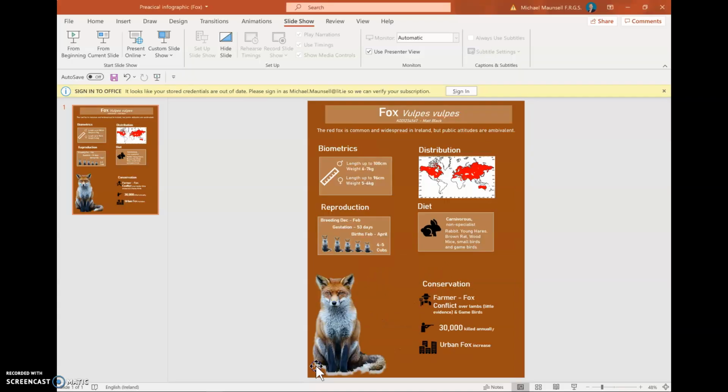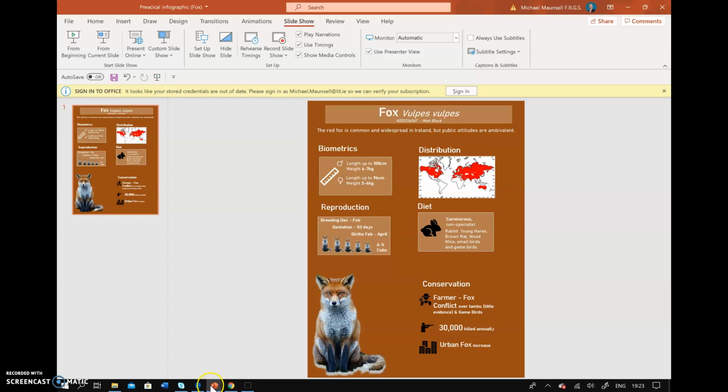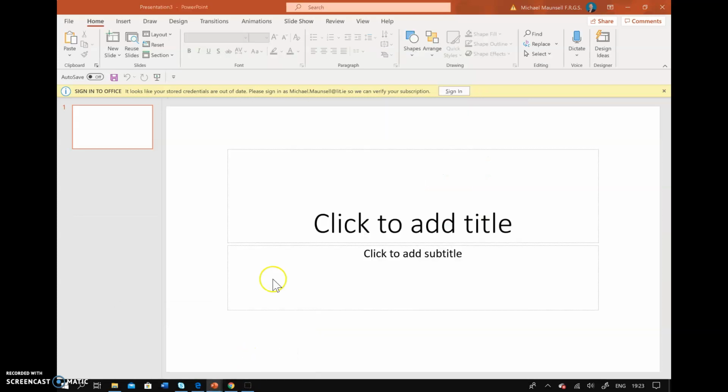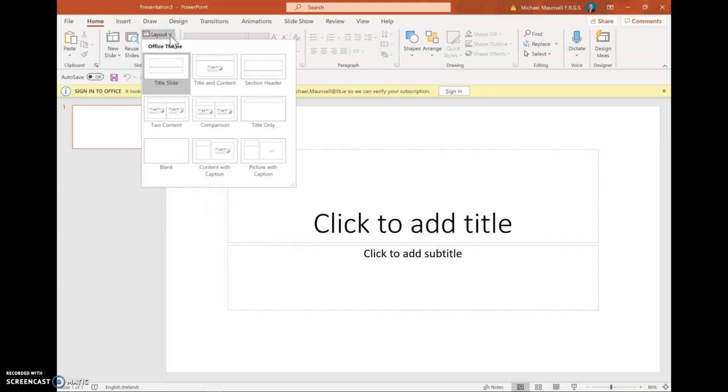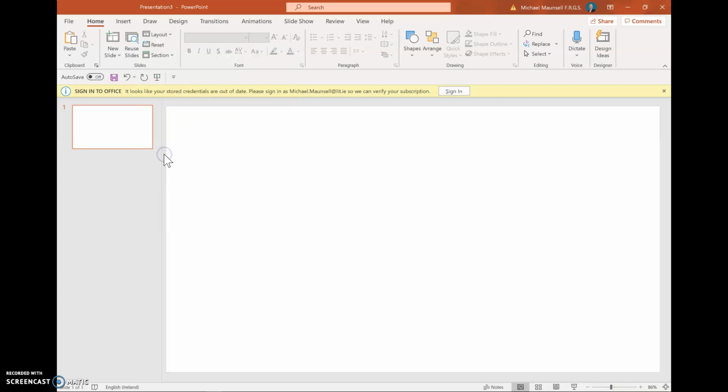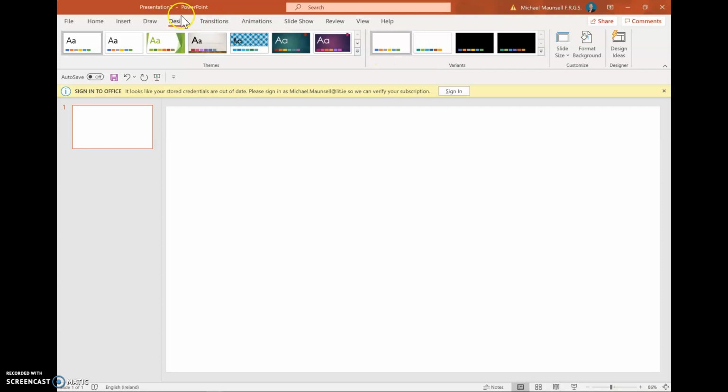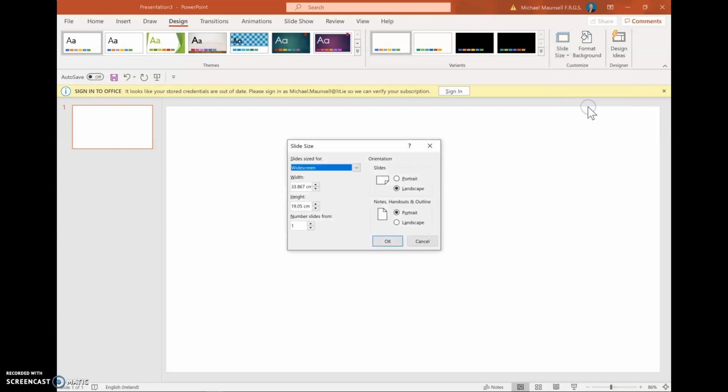PowerPoint presentation and open a new one. So we open a new PowerPoint presentation. And on the first slide, what we've got to do is change the slide layout to blank. Then change the size. So you click on the Design tab, come over to Slide Size, go to Custom Slide Size, and here you need to select